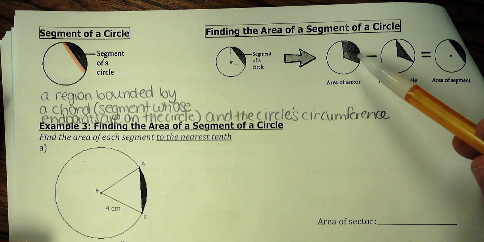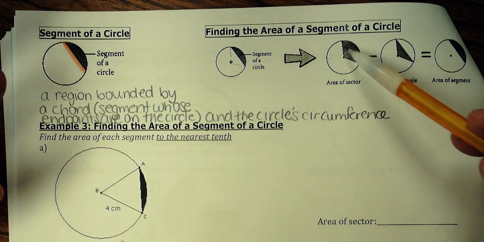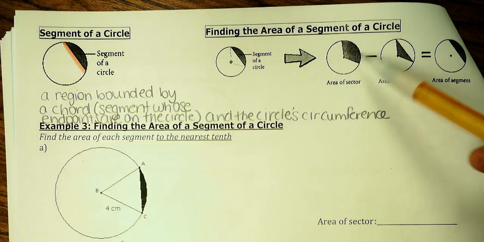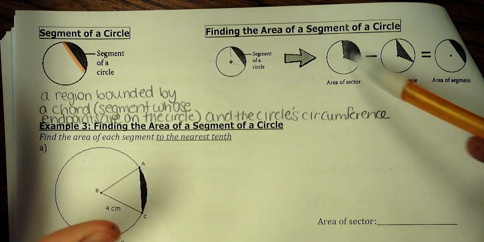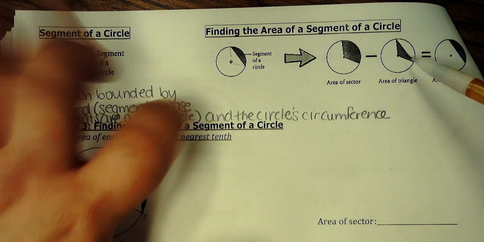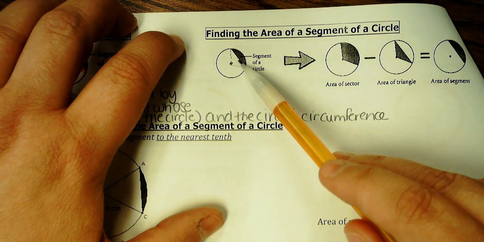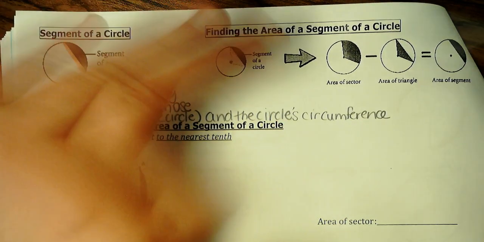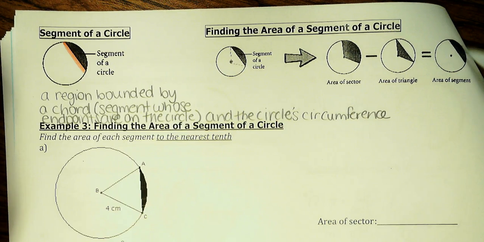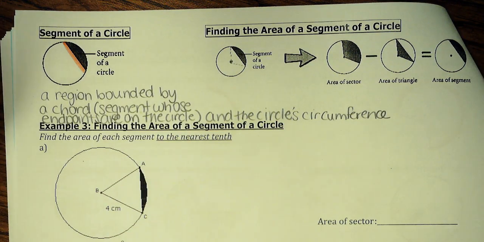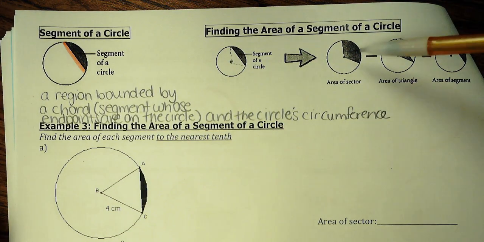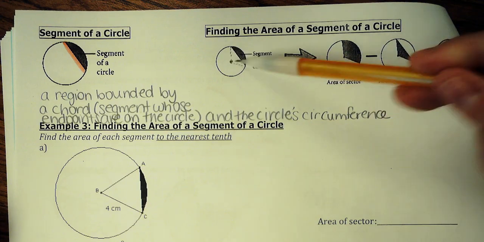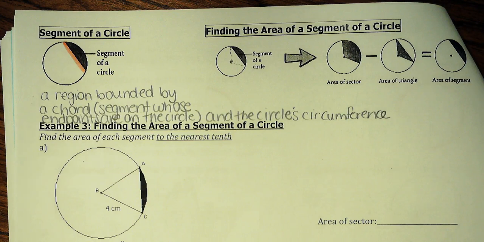So you can see here, they're going to fill in what I outlined right there. They're going to say, okay, that's the sector. The triangle part, which is hollow over here where I started this out, we don't want that part of it. The leftover would be the segment. So the concept behind this: find the area of the sector, subtract out that triangular part, and then you'll be left over with the segment. Okay, so this is not terrible to do,